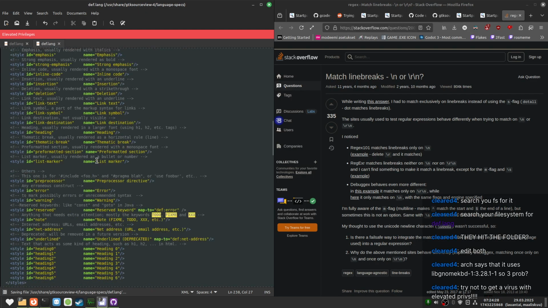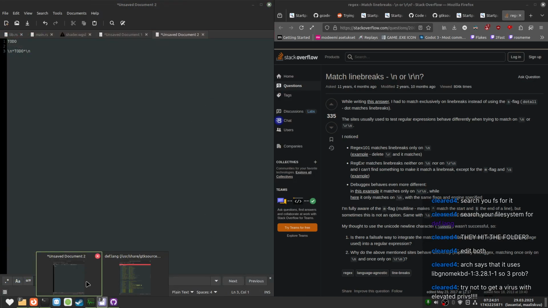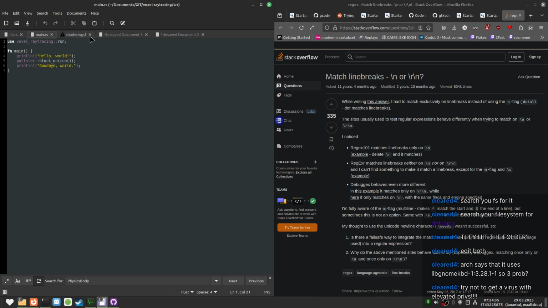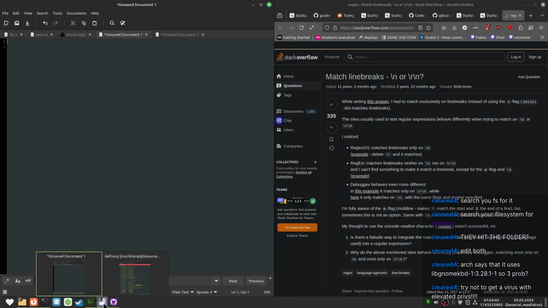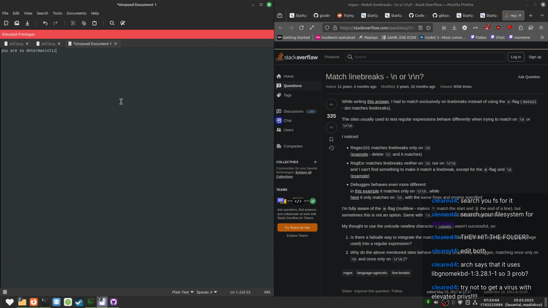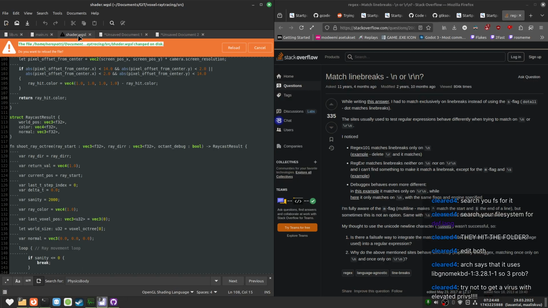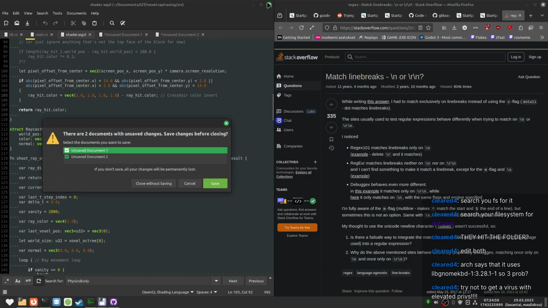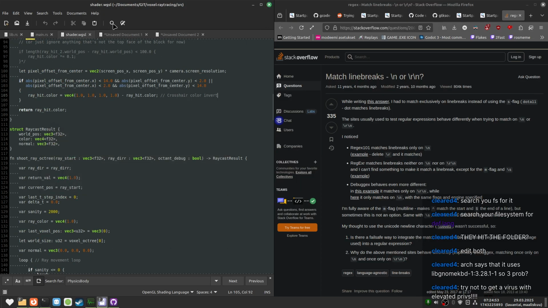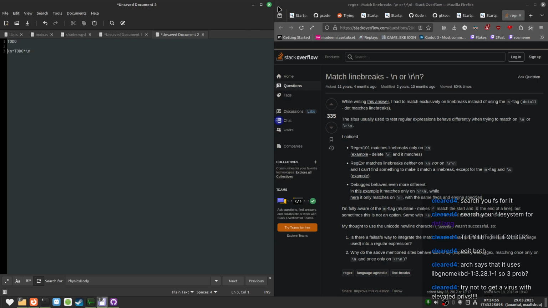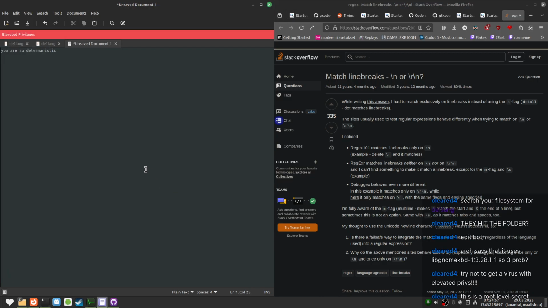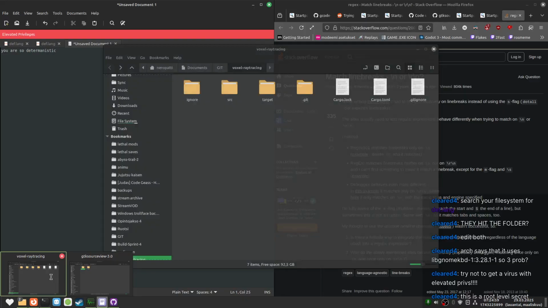Well, it doesn't change immediately. I'm gonna have to reload the text editor at least. And I have to save this somewhere else. I'm gonna save it in the elevated privileges text editor. Alright, we're gonna... Alright, what is the unsaved document 2? Oh, okay.